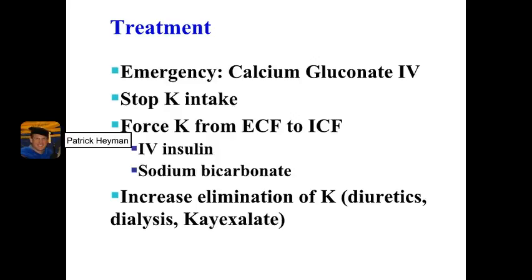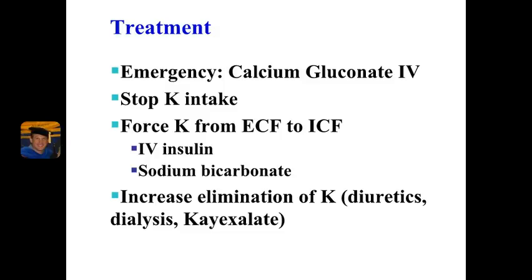When it comes to treatment, we use a stepped treatment. So if the potassium is very high, then the very first thing we want to do is give calcium gluconate. Calcium gluconate IV does nothing for the actual potassium. However, it does protect the heart from that high potassium. Also, if the patient is receiving potassium, especially if they're receiving it IV, you want to stop that potassium intake